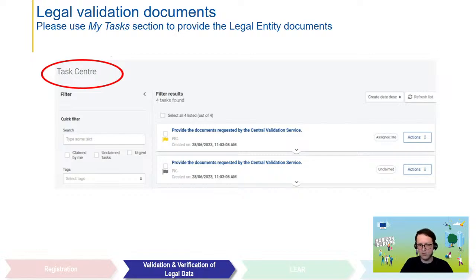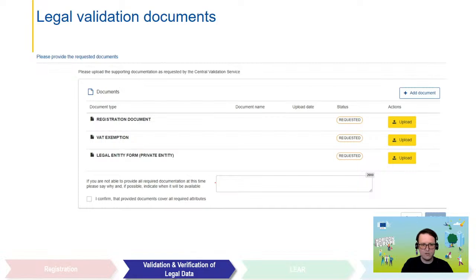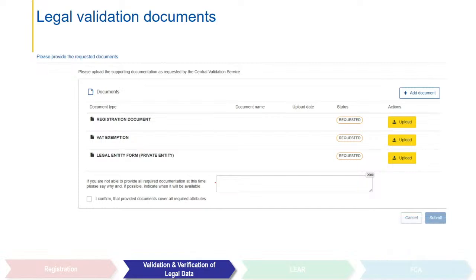On the next slide, you see what this actually means. In this case, we have requested three types of legal documents. You see in the status that they are requested, and once you upload them, we are notified about this. On the next slide,